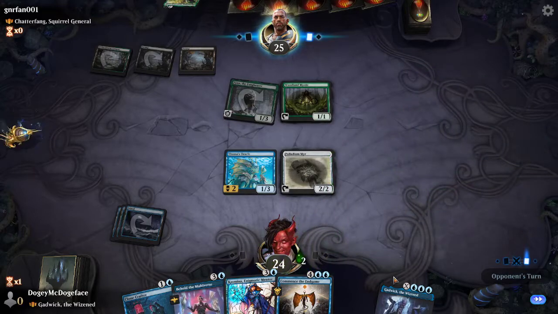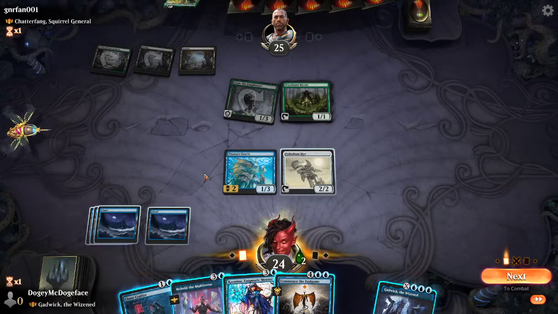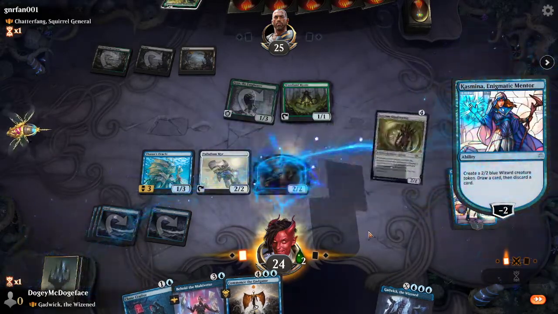Finn's going to be annoying. So I think I'm going to hit a cheap drop off of this, but I reckon we'll just go Kazmina, and then we can block with this. Whatever this...